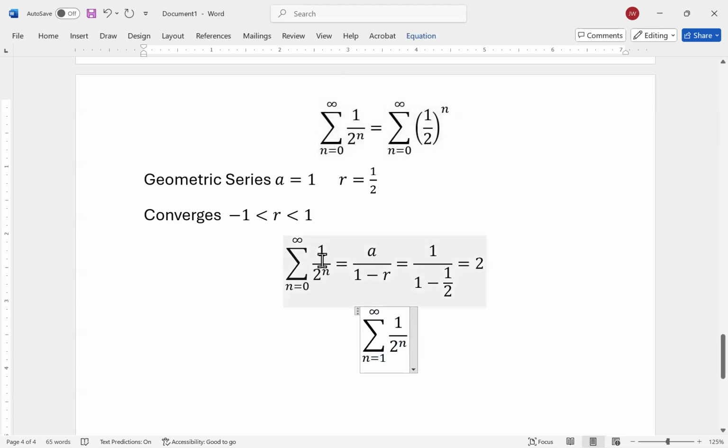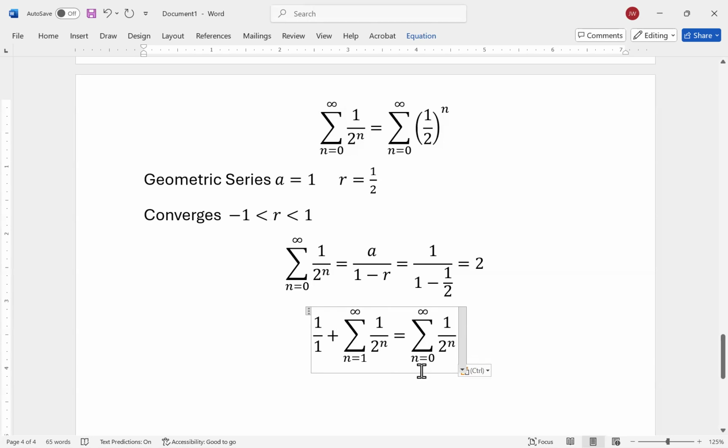When I plug in 0, I get 1 over 2 to the 0th power, which is 1 over 1, plus an infinite sum. So that's what we get, our infinite sum when we go from 0 to infinity,